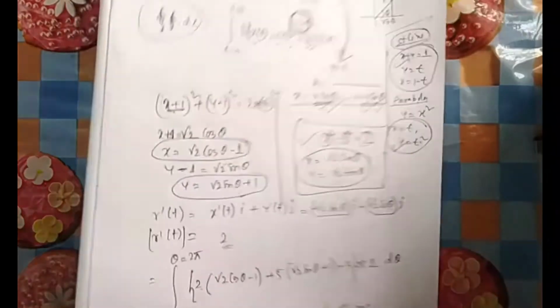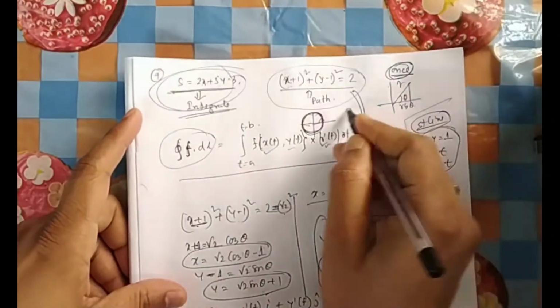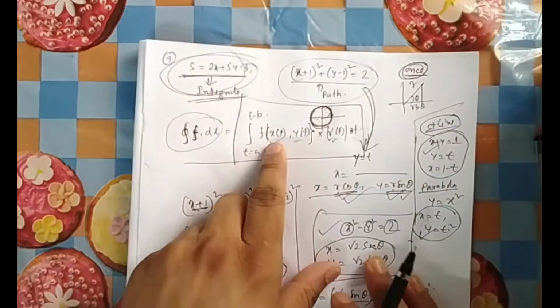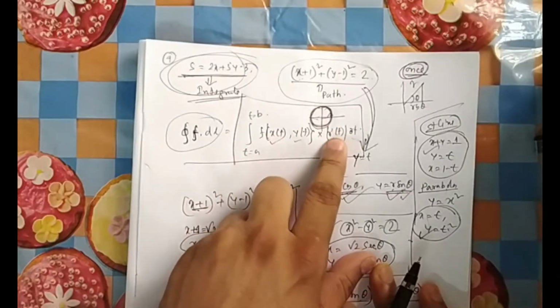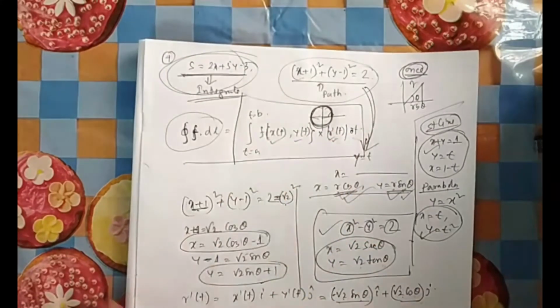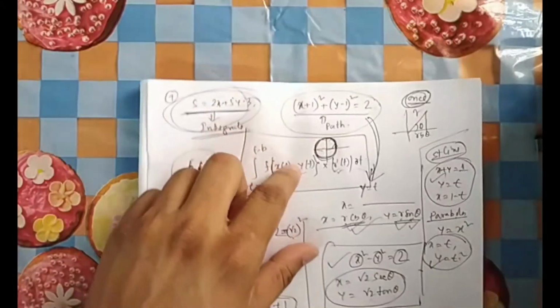So I think you got some idea how to do line integral. Once you know this formula, this is your main formula, how to do it. Then step by step you proceed. First you go for path parameterization. Then you calculate r dash t magnitude, put all these values, integration becomes very easy. This part will be very easy. Just the substitution is the tricky one.